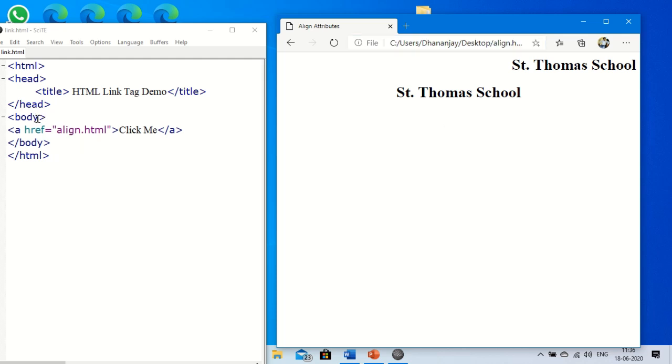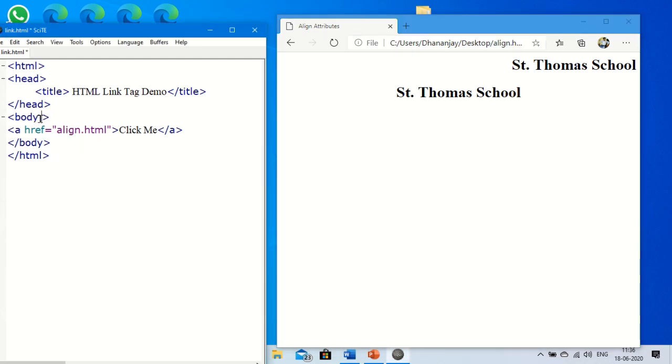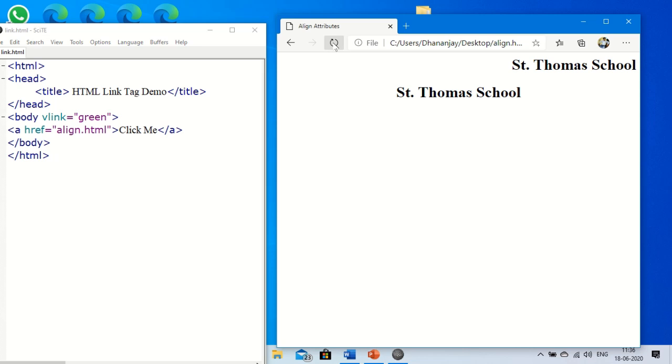Now if you want to change the color of this link, here mention vlink is equal to, suppose I give green here. So what will happen? The visited link color will be green. Let me save and let me refresh it. You can see the color of this link is green.